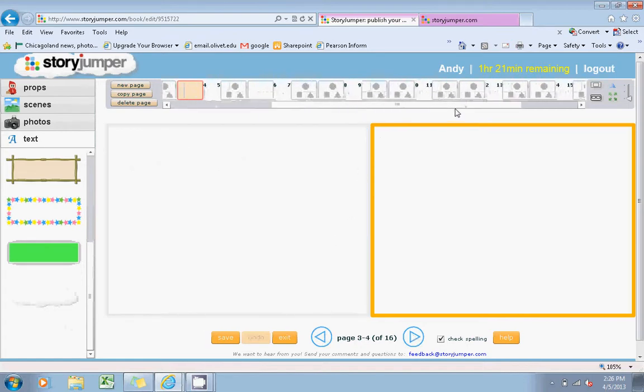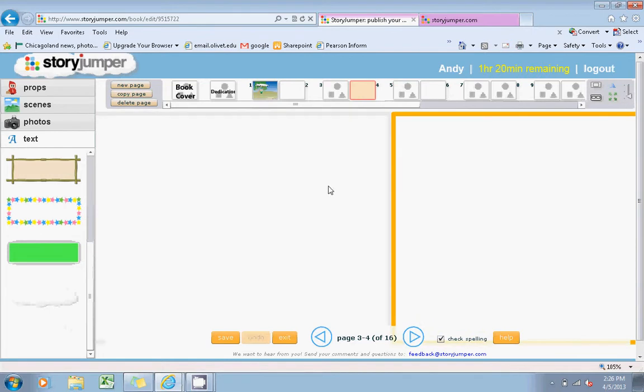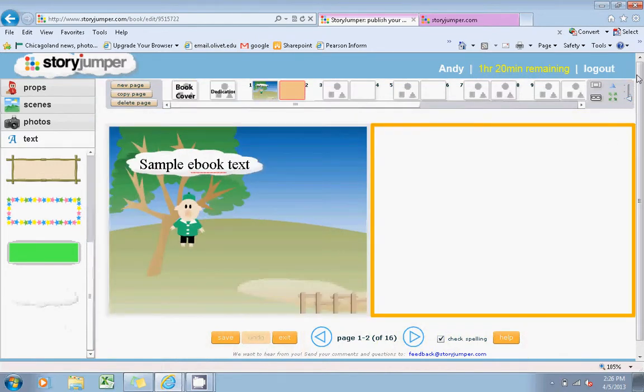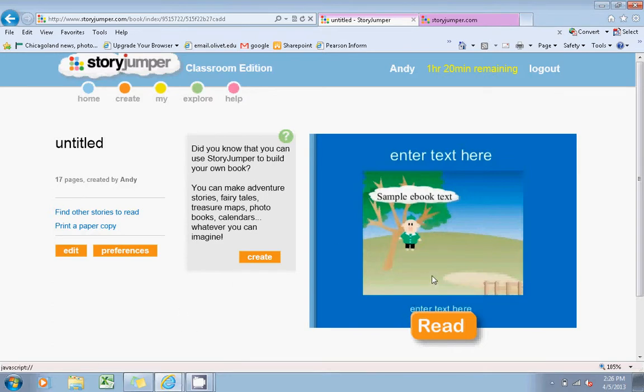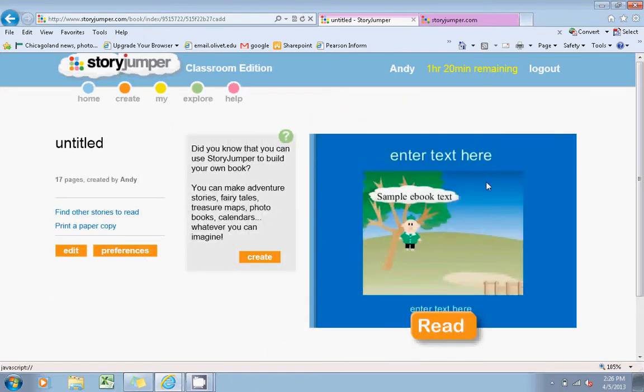They also have a timeline view here at the top where they can see the pages of their ebook all at the same time. They can change the views here, expanding it to be full screen. They can zoom in or zoom out if they wanted to view these pages a little bit closer up or further back. And once they're finished, they can press this orange save button here at the bottom and exit. And from here, they have the ability to read their ebook and see what it looks like in the reader view. Now I can show you as a teacher how you would be able to see the ebooks that your students have created. So I will log out of the student's account